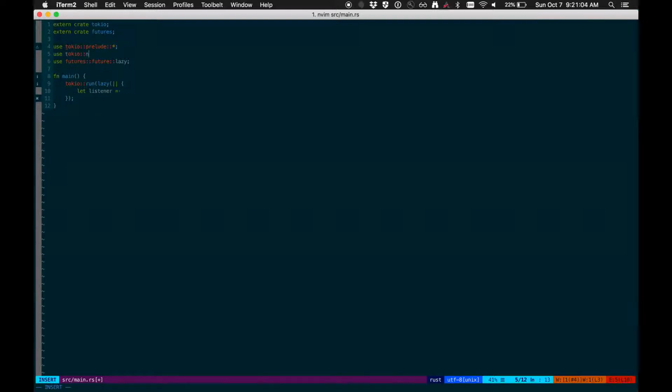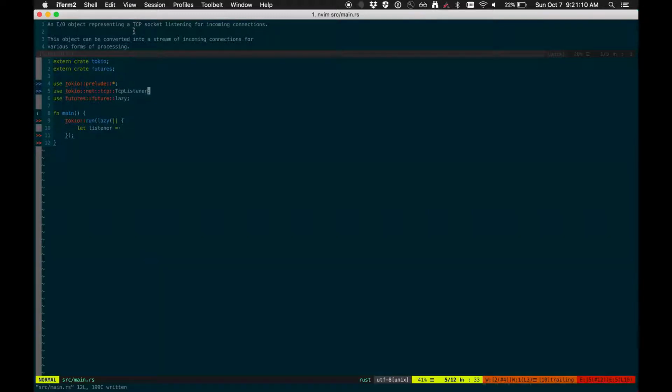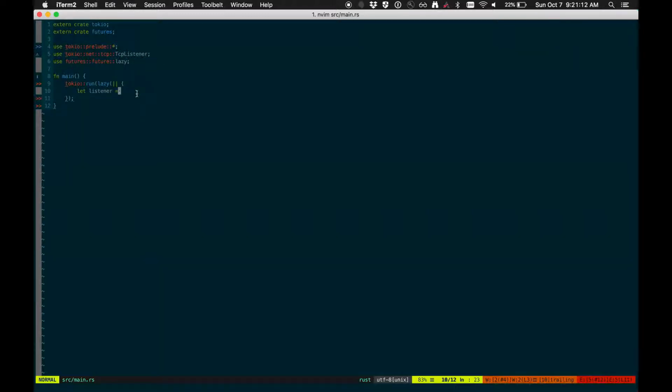We're going to import tokio::net::TcpListener, and my helpful language client pops up. So we'll do TcpListener. What do we have? Should be bind, I think. Is that it? Yeah. Which means we need to give it a socket address, which I think we can do